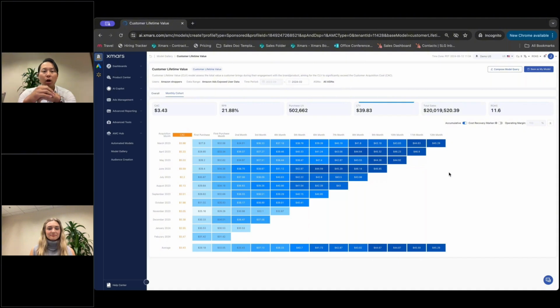And that's really more of right now Amazon's decision to have that data only be a look back of 12 and a half months. But that's on the basis of what this model is built on, where 12 and a half months is still, I would say, better than zero. So with this model, what it specifically tells you is